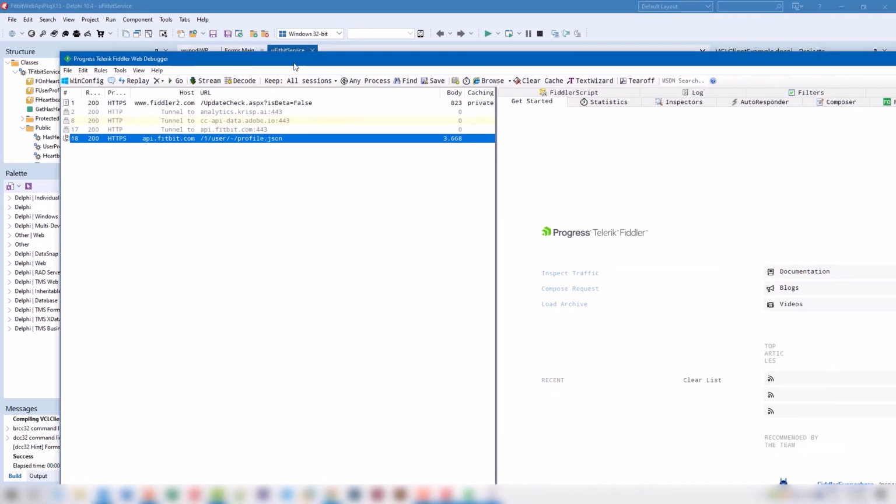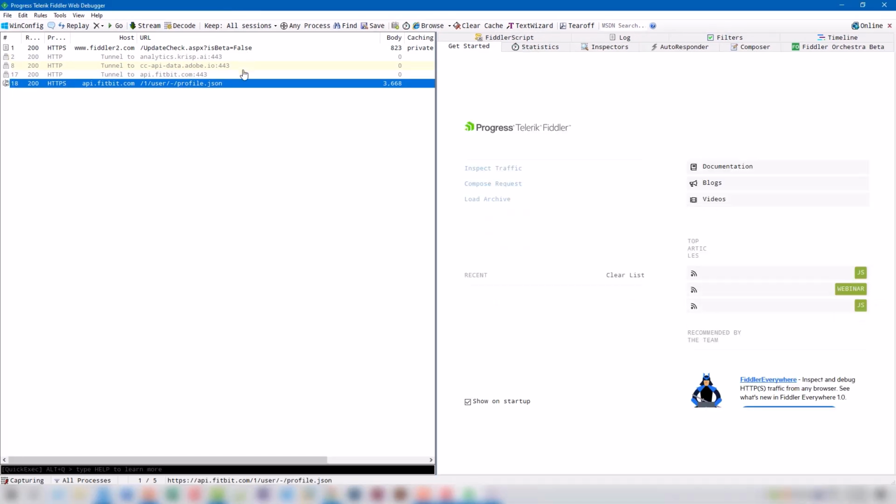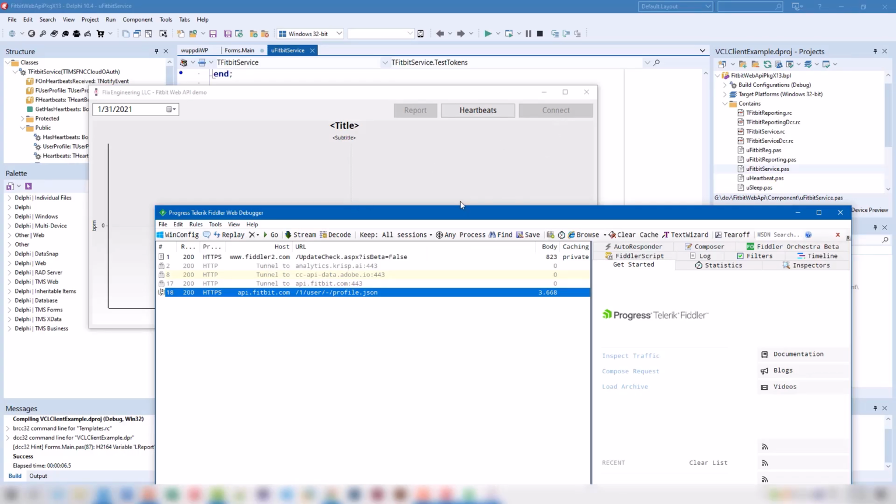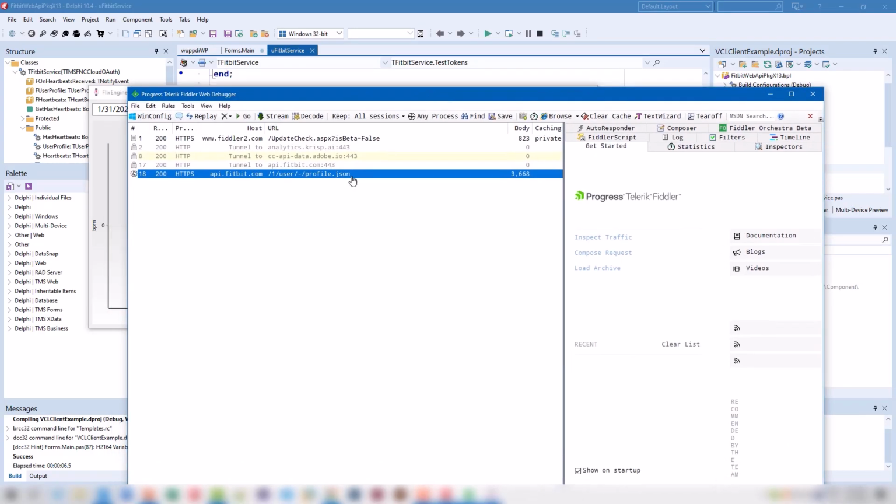Here we go. When I connect, this is exactly what happened. So this is the only request that is being sent to the API when we use the persisted access key. We don't have any authentication.